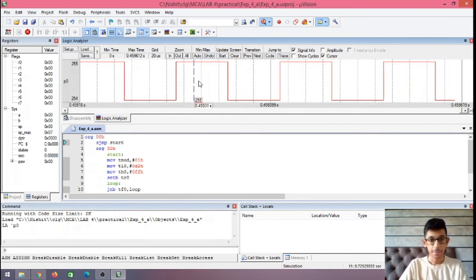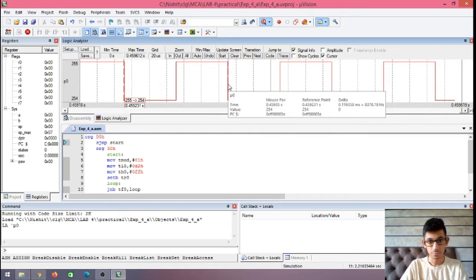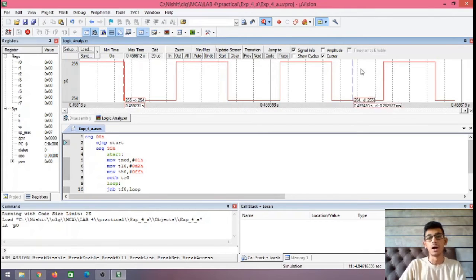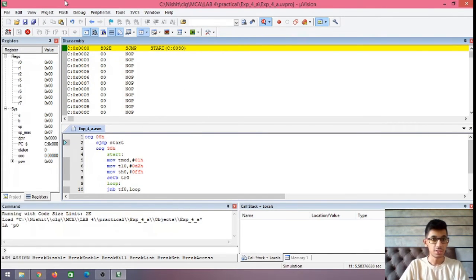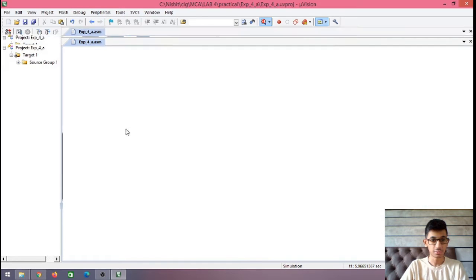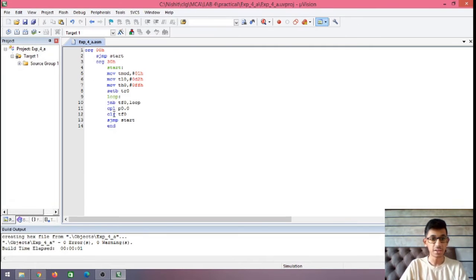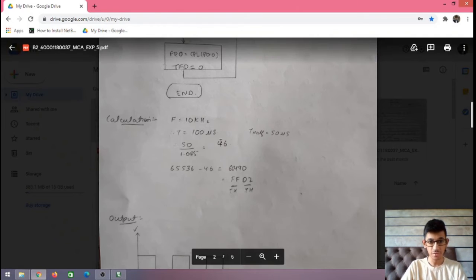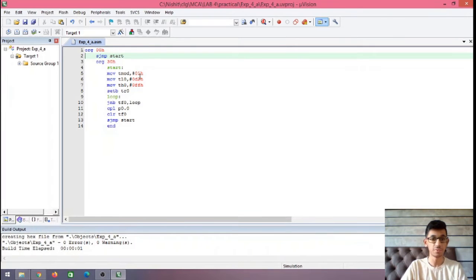Stop. Now let's check what frequency we are getting. The frequency is not what we expected. It is 8376. This is because, let me first stop this debug session, we can see that after the output is complemented, there are many steps which are taking machine cycles before we are starting the counter, which are also counted here. So we need to subtract that from the value. So here we have taken 46, which is not what we actually wanted.